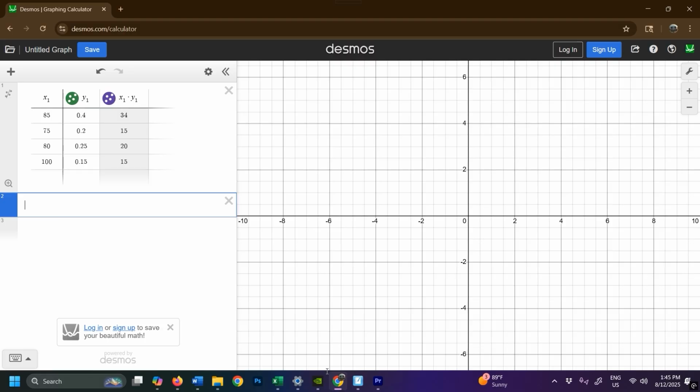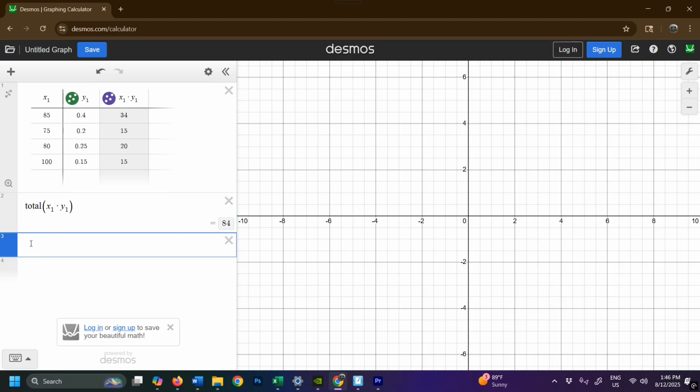Now, sum doesn't work, but if you type TOTAL, total, and then parenthesis, and we're going to get some fairly complex titles to our columns. So I'm going to get into this mode where I'm going to highlight it all, and I'm going to copy. So I'm going to go Control C, and then I'll come back down here to the total and go Control V, and it will paste whatever was in that column. And again, we get the 84,